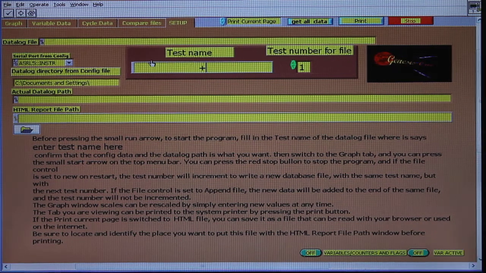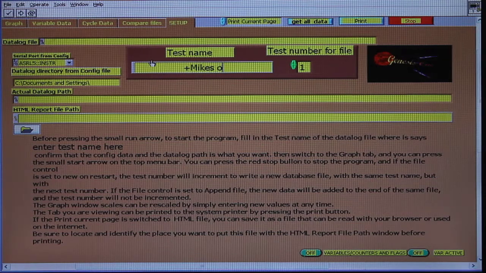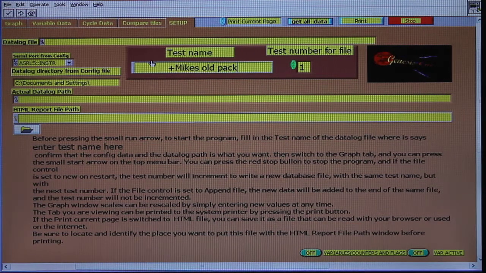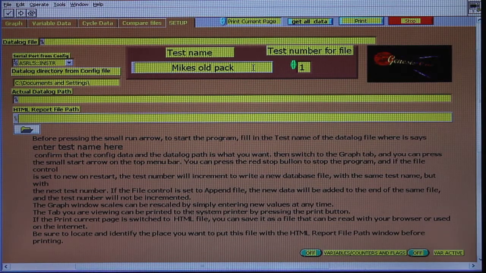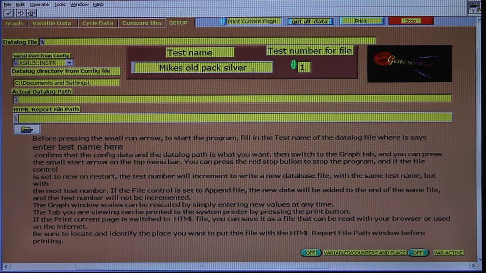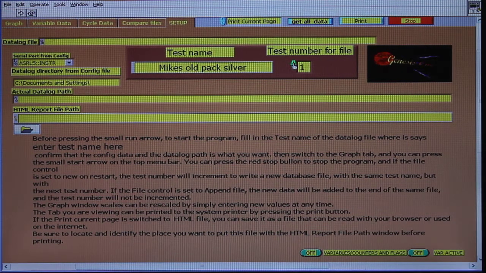So this is Mike's old pack. Silver car. Okay, now this test number here is added to the end of the name, and this name is